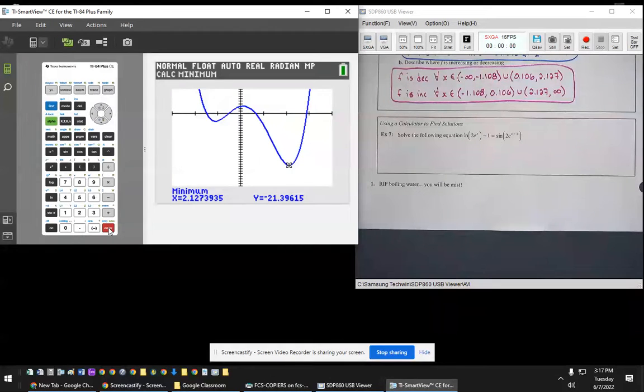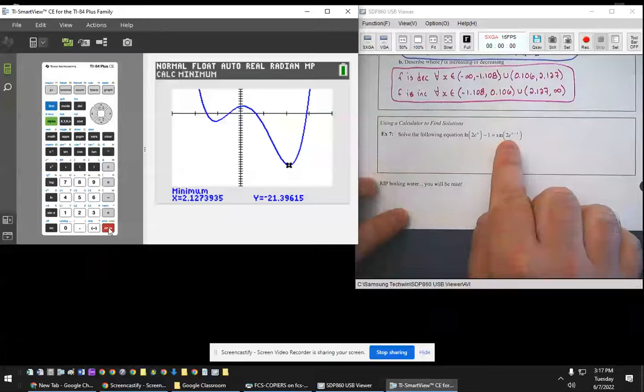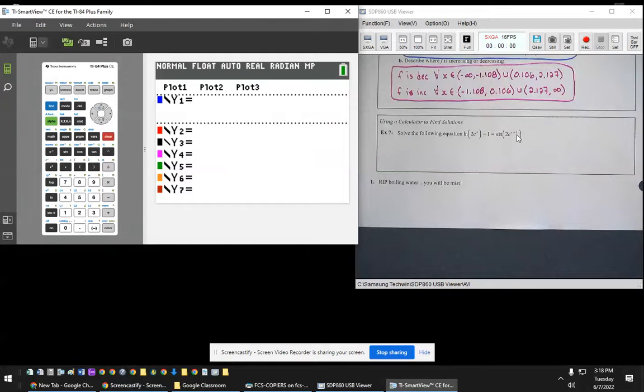Now, this is what we do when we have some sort of a crazy equation. I have this crazy equation equal to this crazy equation, natural log and sine. There's no way for me to get x by itself. So what's a nice feature on our calculator is that we can graph both of these. Remember, a solution is just where the two functions have the same y value. So if I turn this into an equation, and I turn this into an equation, and I see where they hit each other,